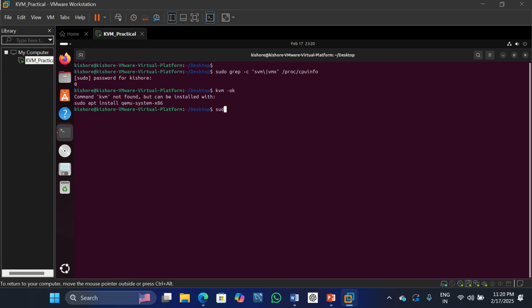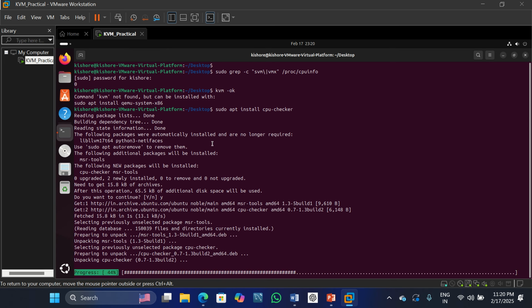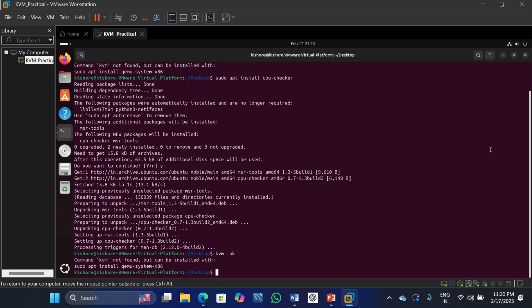then type sudo apt install CPU checker. Yes. Okay. Then again type KVM. It's okay if it is not showing. And type this command sudo apt install KVM QEMU KVM